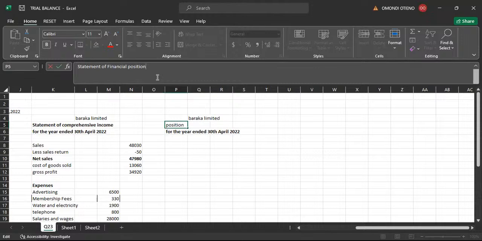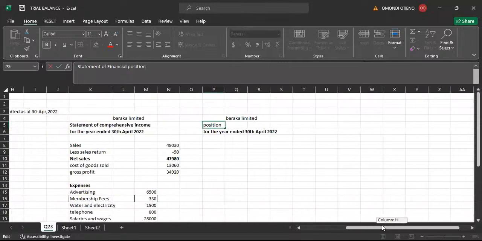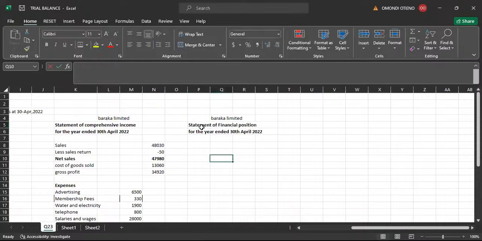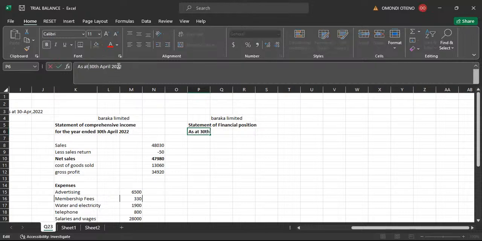Statement of changes in equity, we don't need that. We don't need statement of changes in equity here, because the examiner requested you to prepare the two. Statement of equities, no, we are not going to prepare it here, unless you are going to maybe prepare the published account, something of that kind, which is also having a different format. So statement of financial position as at 30th April 2022,